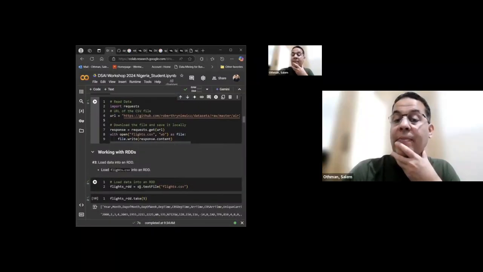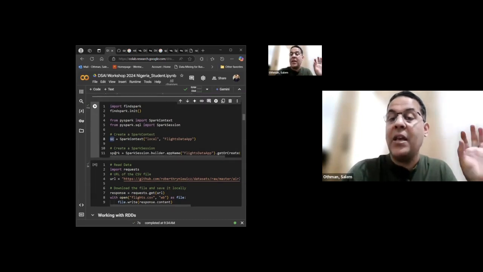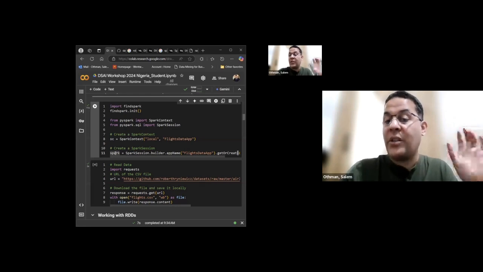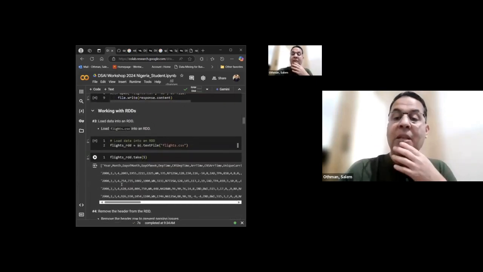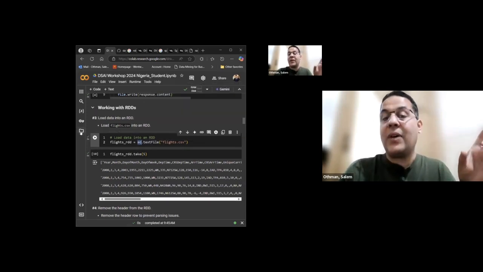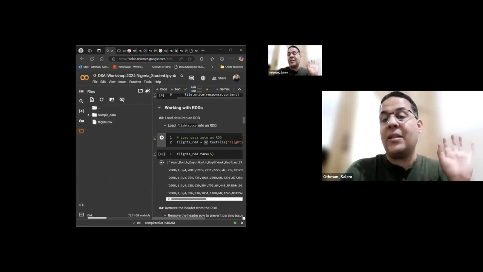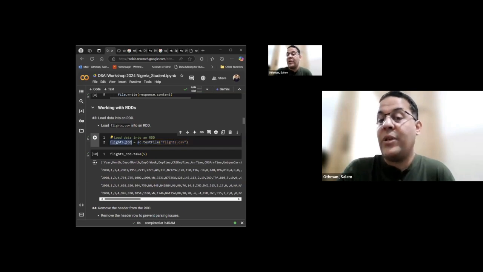Then we need to use the Spark context, sc. You see the variables that we create here: we create the Spark context sc, and also we create the Spark session, the spark variable. So we have sc and spark, and we need to use those to do the analysis. The first thing I will do is, from sc.textFile, read the text file that we downloaded. I read this file, that's it. That's so simple, using RDDs. So we load it and we create our first RDD. We name it